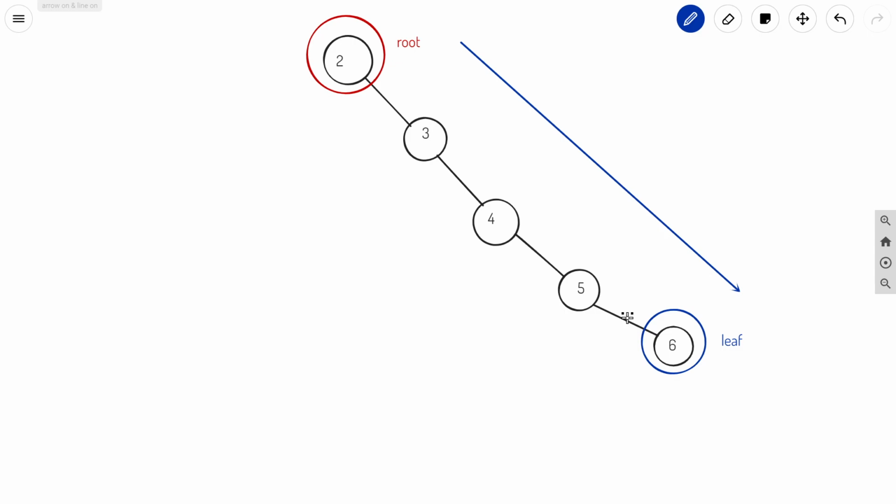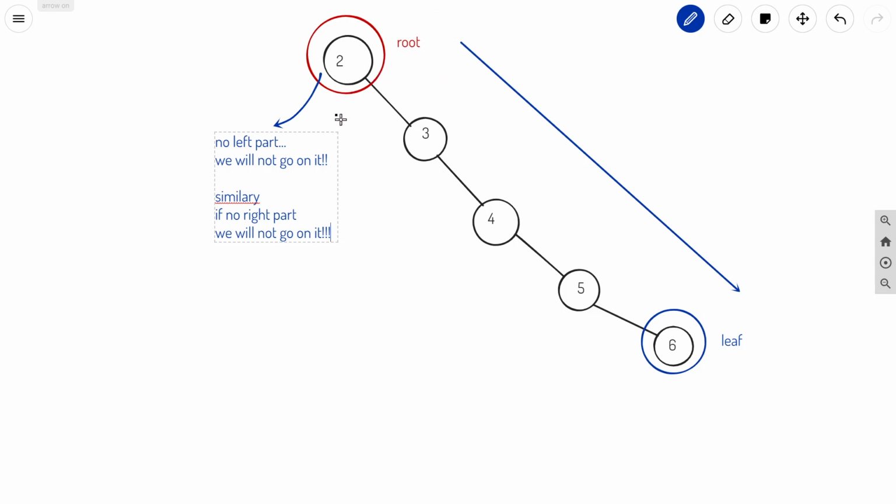So let us see how we can solve this recursively. For this node you have to go on both the left part and right part, but for this node you can see that there is no left part. So if we don't have a left part we will not go on it. Similarly, if there is no right part, we will not go on it.